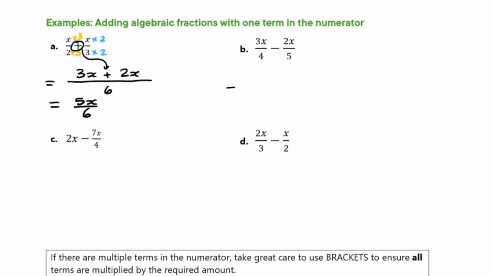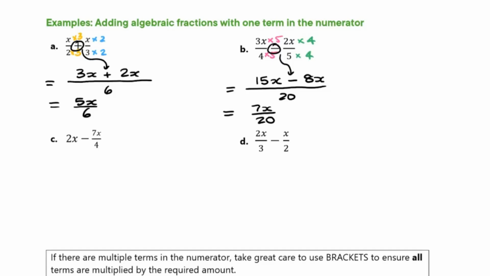Okay, in the next one, the lowest common denominator is going to be 20. So to achieve that, we're going to multiply the top and bottom of the first fraction by 5, and the top or numerator and bottom denominator of the second fraction, not by 5, but by 4. That's better. So we get the common denominator of 20, which was the whole reason we did that. 3x times 5 is 15x, and then we've got minus, this sign comes down here, and then 2x times 4, 8x. So now we've got 15x minus 8x, that gives us 7x on 20,